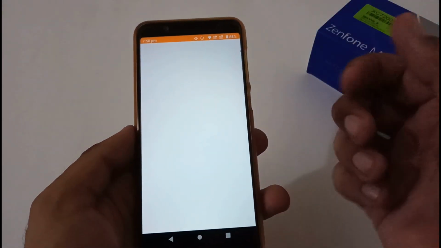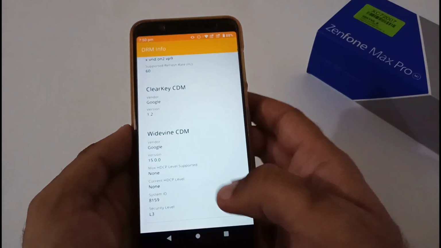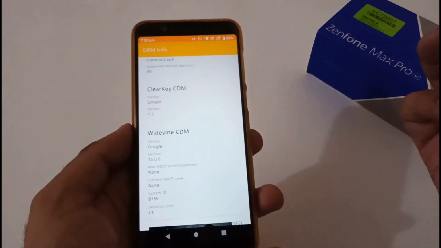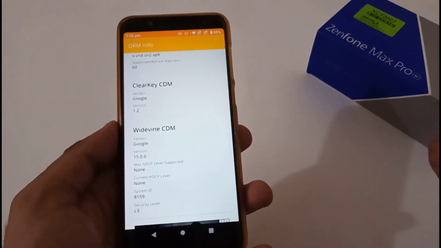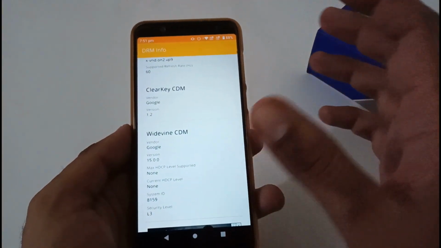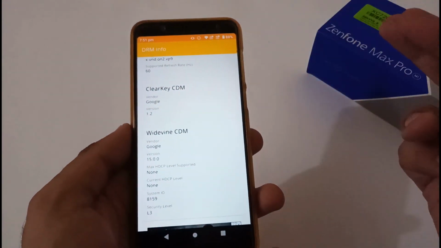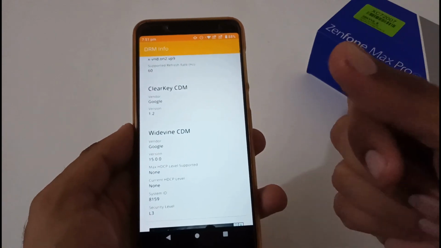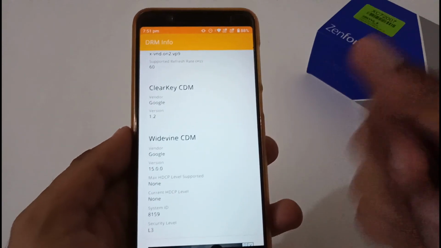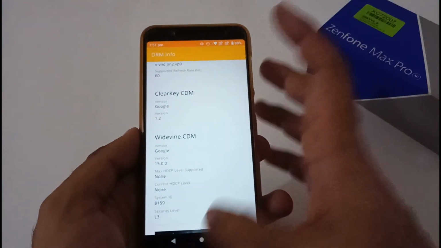After this, now let's move to Widevine certification. At my side, it is L3, and it has been persisting since the time I flashed the Android 10 beta version in TWRP mode. It has been the same on Android 10 beta 4 and even on 087 at my side. If it is L1 at your side, then most probably it will stay L1, but I can't confirm because it is not at my side.